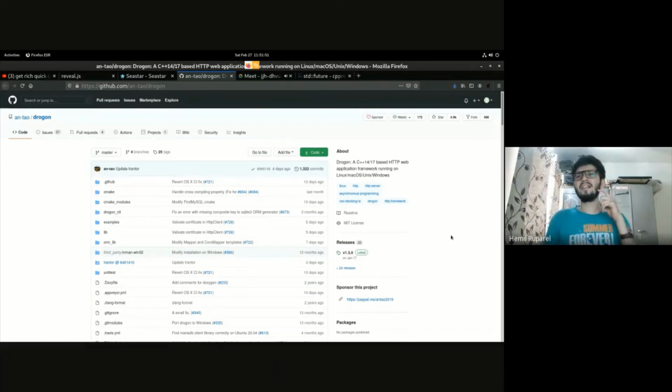So this is the example where this framework is not exactly asynchronous, but it has a bunch of IO threads, and it runs as many main threads as the number of cores available in your system to handle all possible requests. And the last I saw, this was the fastest performing framework of all the languages of all the libraries. It had around 650 million requests per second or something, 650,000 or something like that.